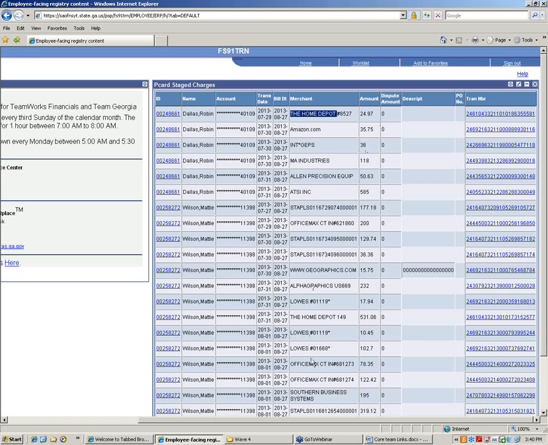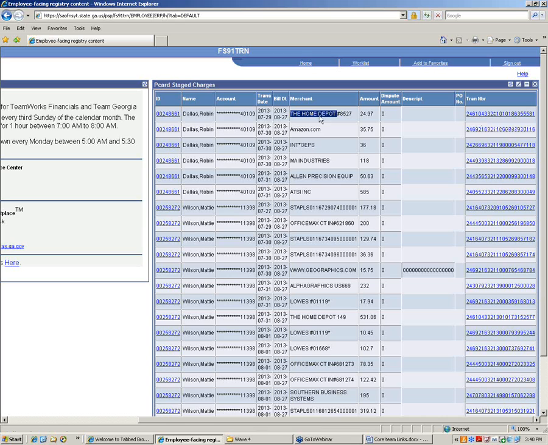Also, you'll see that this has a dispute amount. I'll show you how to do disputes during this. And currently, there's no description on this particular purchase, but I'm going to put one in. And then you'll see out to the right a column for the transaction number. And so this is the unique transaction number. So every transaction, every time you make a charge, it gets a unique number that's a real large number that's